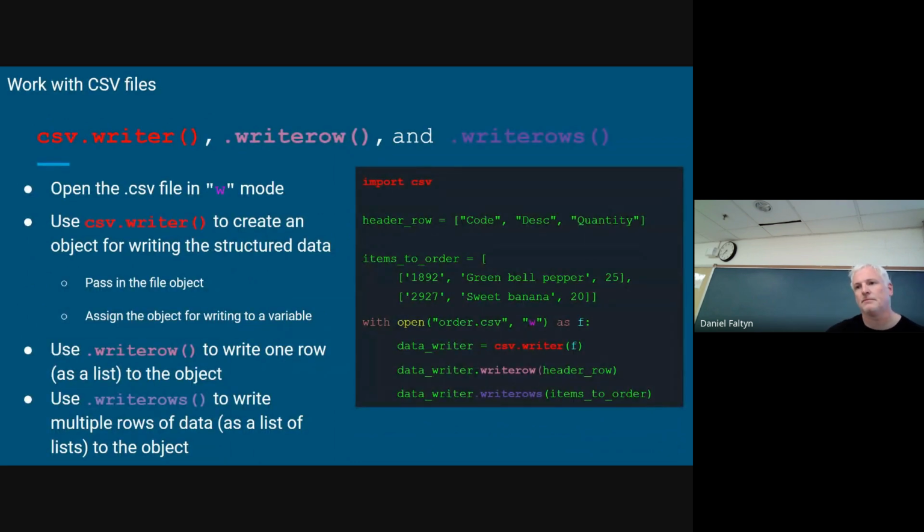So say for example, for items to order, you want to put it in the middle between the first and second row, would you just put it there? Ah, good question. You would actually have to rewrite that file. So you can't actually insert it? No, a CSV file, that's a very good question. It depends on the mode you put your file in. In this case, I have it in mode w. It's just going to nuke the file and put it in.